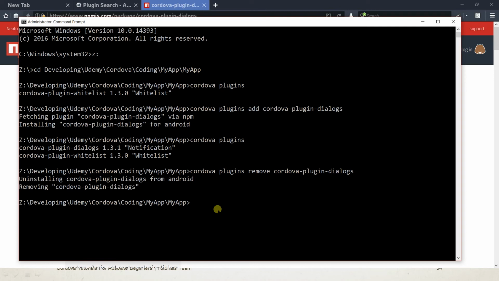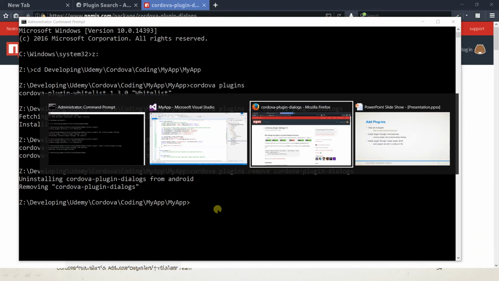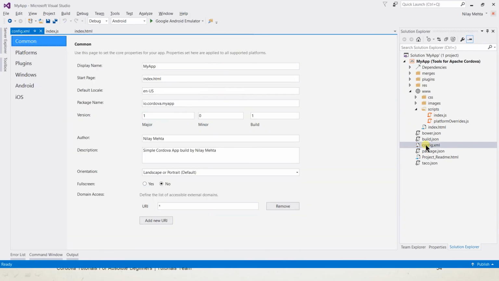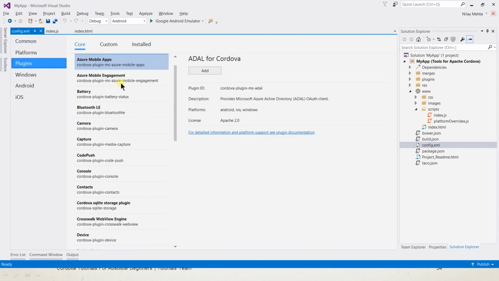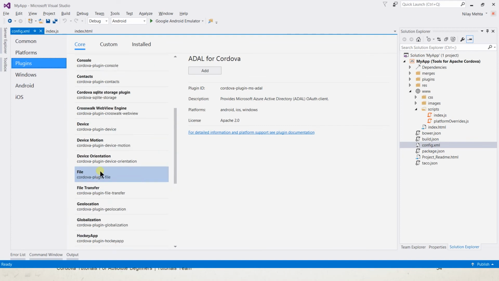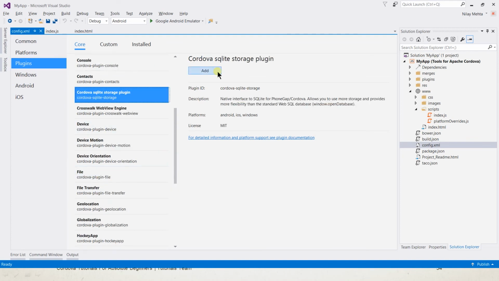To manage all of the plugins via Visual Studio, we need to open the config.xml file and click on the Plugins tab. It provides the list of the available plugins. We can click on any of those, and we can see its details and the supported operating systems also. To add, we just need to click on the Add button,